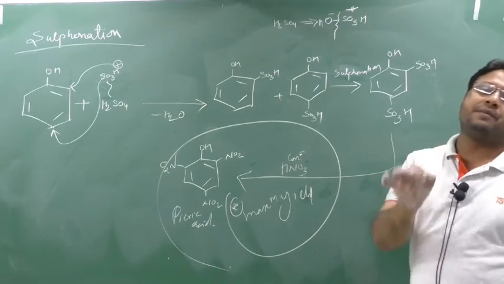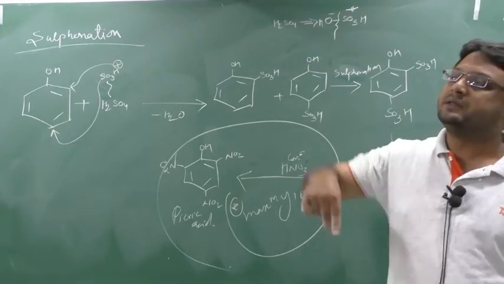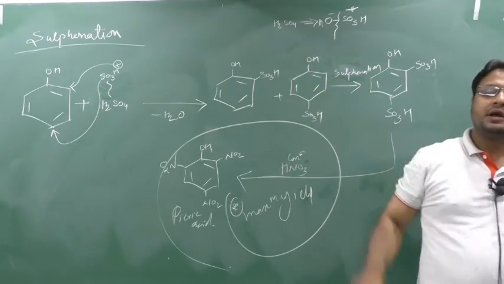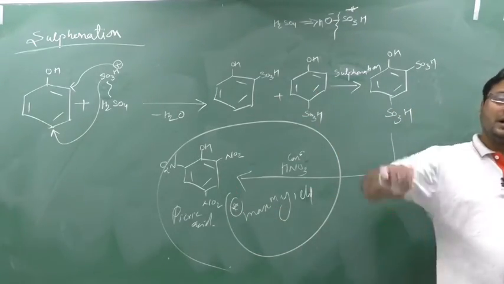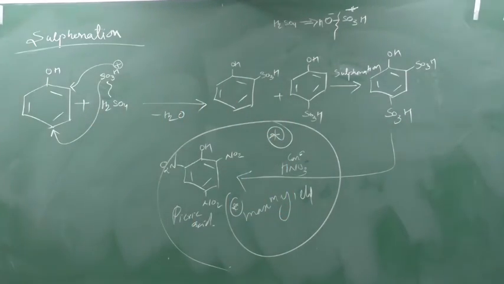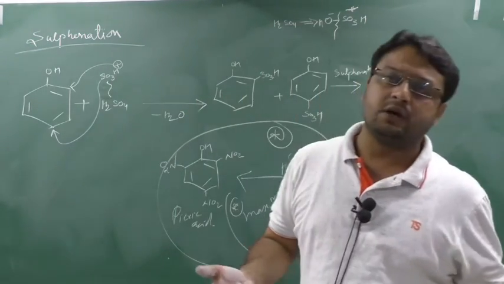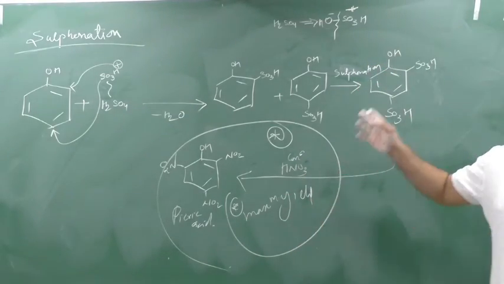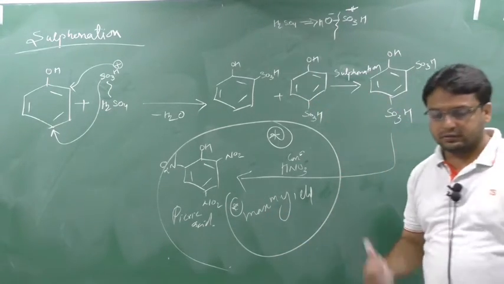But whenever picric acid is formed using the sulfonation technique, it will have the maximum yield compared to nitration. Clear? So this is a useful reaction for picric acid rather than nitration, because picric acid formed by sulfonation will have the maximum yield rather than the nitration of phenol. To understand this is very important, so this can be asked. In your NCERT this reaction is not given, they have given one sentence. The question is: what is another method to prepare picric acid from sulfonic acid, give the reaction and what is the yield. Picric acid formed by sulfonation will have a maximum yield rather than nitration of phenol. Clear? Write this down.